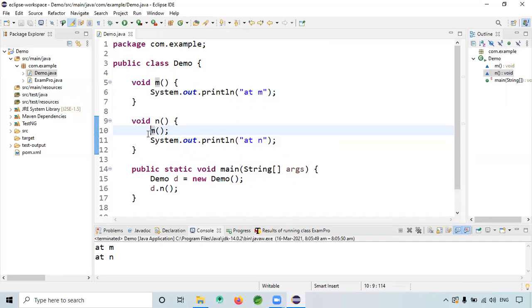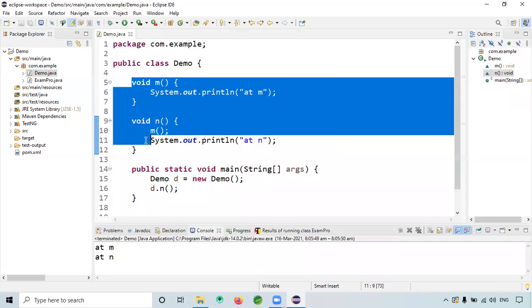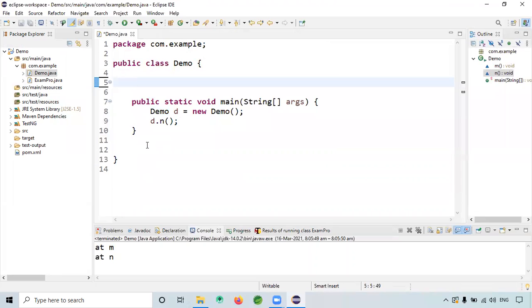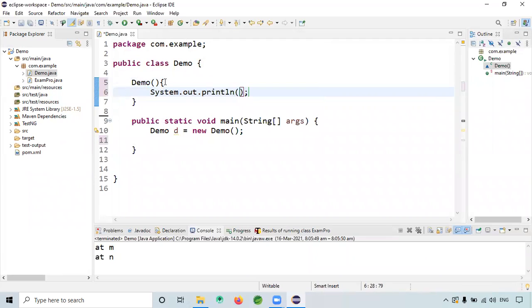And what else? Now this can be used with the constructor. This is one of the major concepts. Let's say I have a default constructor like this, and I will give Demo one.